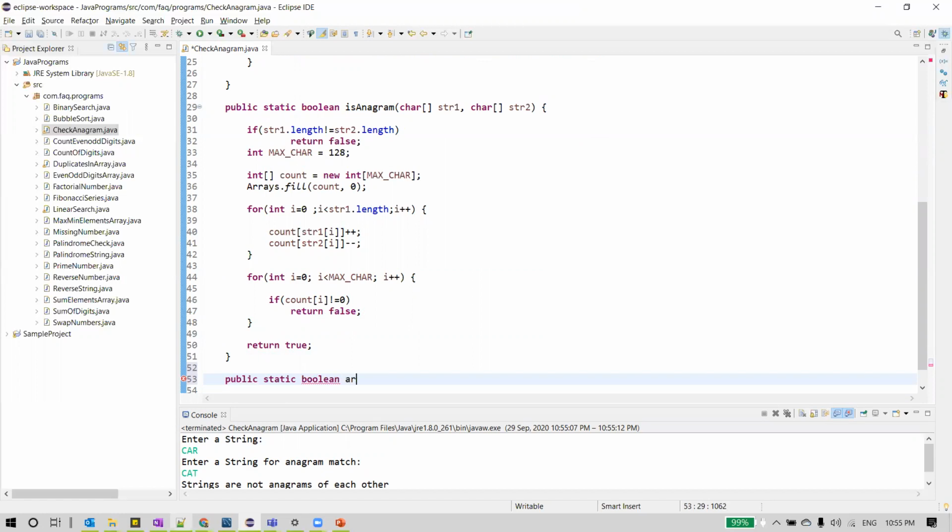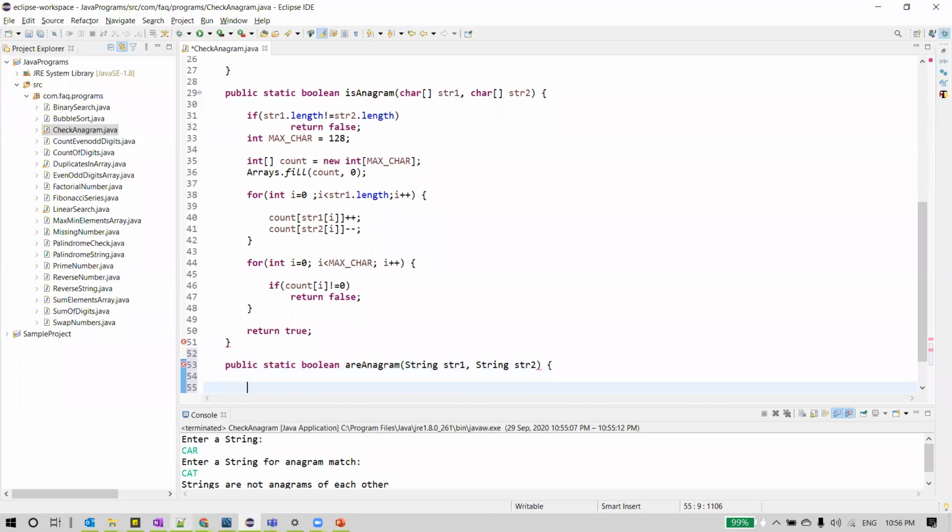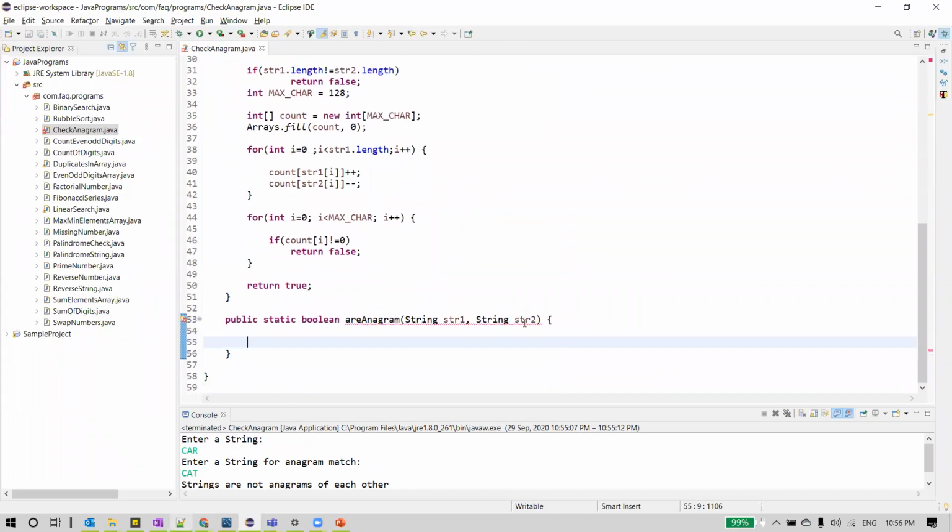This time I'll call my method isAnagram, which will again take two strings. Let's say, for example, I'll return false for now. And how are we going to do it here.